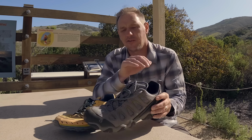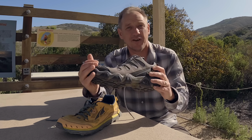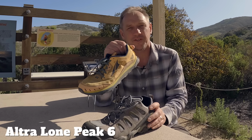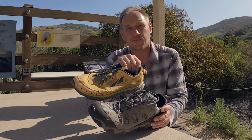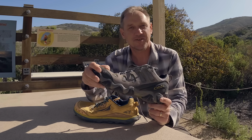So I was testing these Oboz Sawtooth II hiking shoes. I hiked in them for 100 miles, and took them off and put my Altra Lone Peaks back on. And it was a world of difference. And instead of doing a review of this shoe, which is a very good shoe,